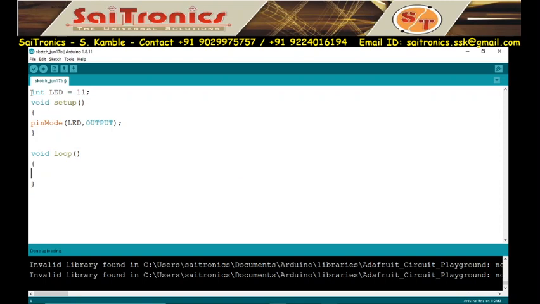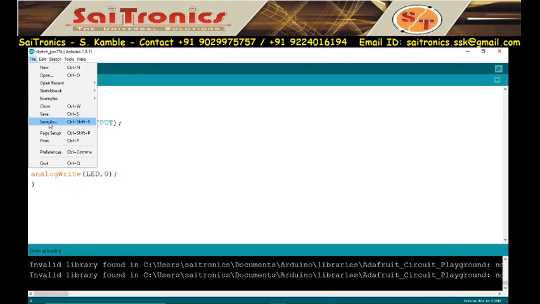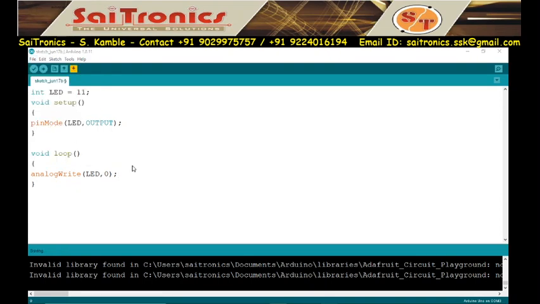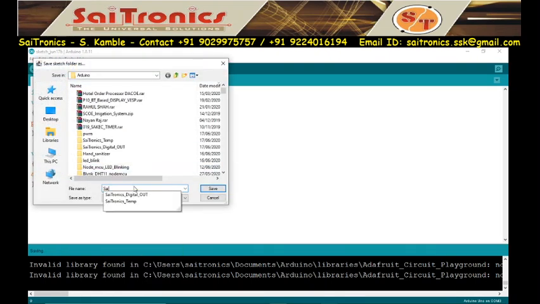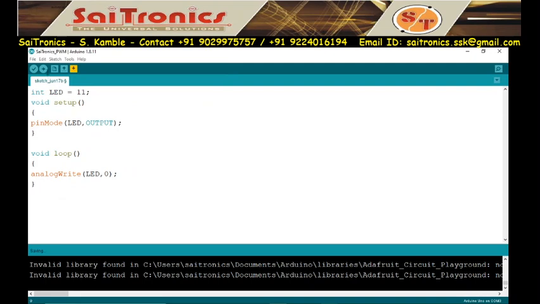First I will write the instruction analogWrite(LED, 0), and I will upload the program. First I will save the file, save as Cytronics PWM, save, and I will upload the program.